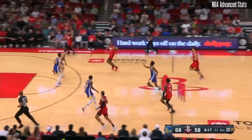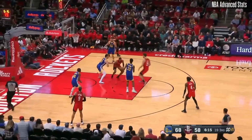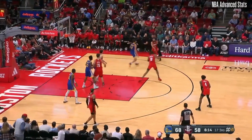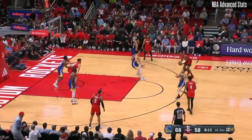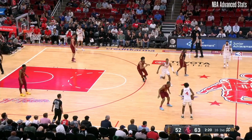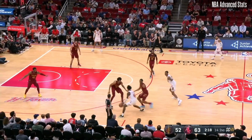And many of these reads are also pretty simple. Right here, you'll see Jabari get stuck and kick the ball out. And from this spot, he's just going to relocate back out to the three and get the ball back for this open jumper. Throughout this season, the Rockets have also been using Jabari a lot as a pick and pop